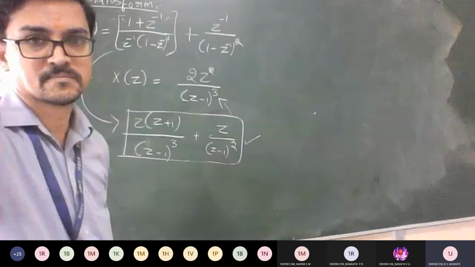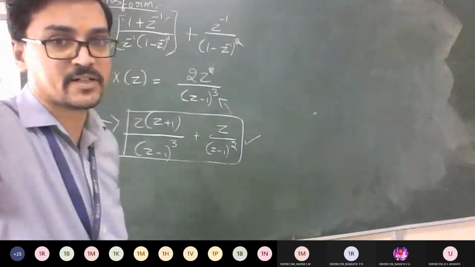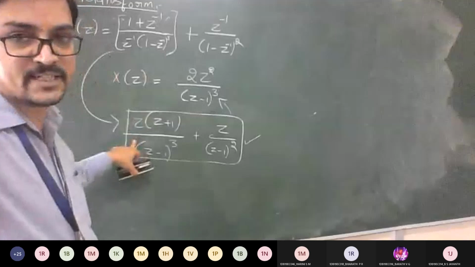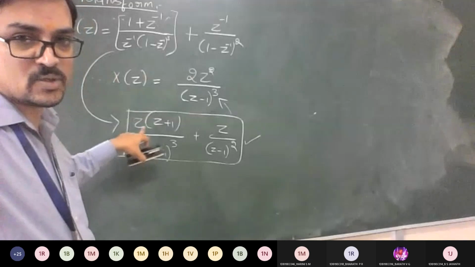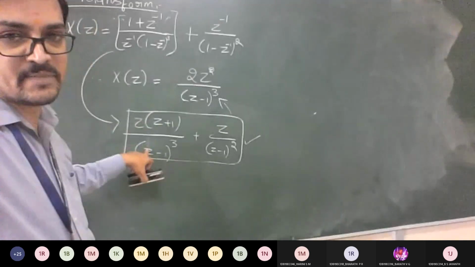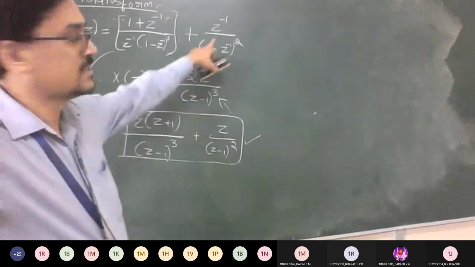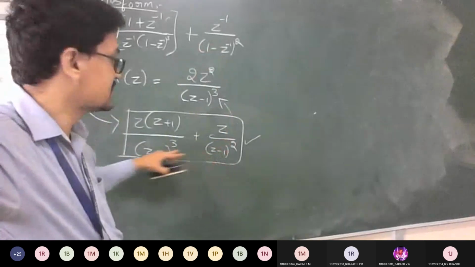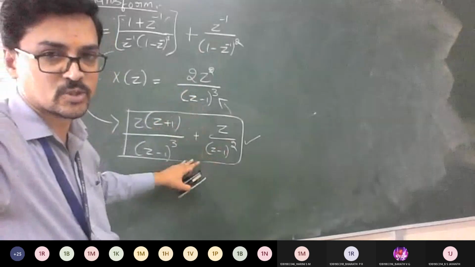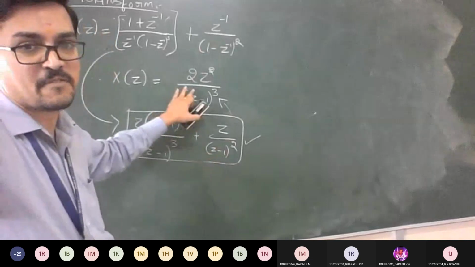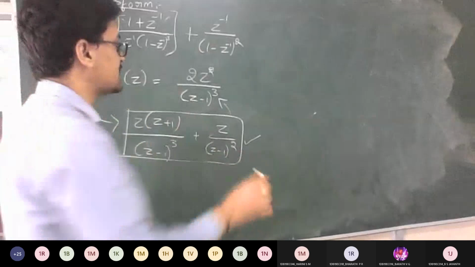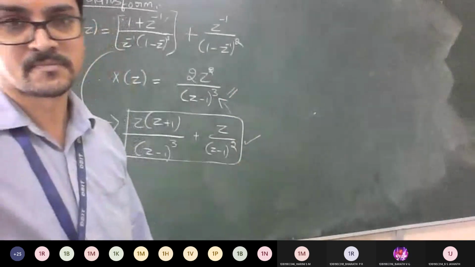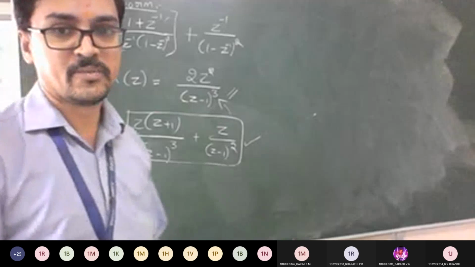Yes, sir, it's correct, sir. The others, is it fine to everyone? See the inverse, what we did, I just converted to the form of Z. So it is like this, Z into Z plus 1 divided by Z minus 1 whole cube. Similarly, this is Z by Z minus 1 whole square. So you will feel comfortable with Z instead of Z inverse, do it like this and get the answer in this form. I hope everyone got the answer. Is it matching with the answer we wrote? Yes, sir. Okay, good. So shall I move on to the next one?